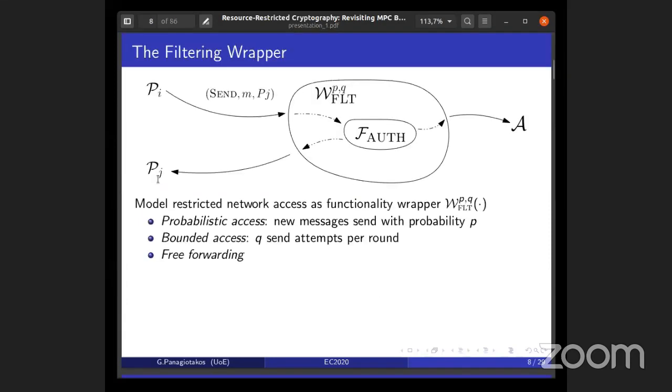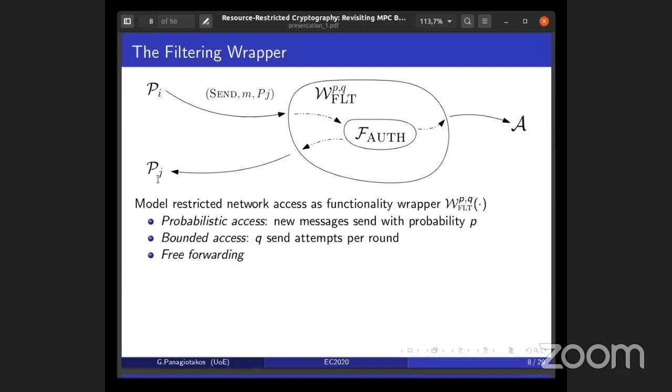Okay, so what we do first is take a more abstract view of resources and model restricted resources as restricted network access. So we introduce a functionality wrapper that wraps network functionalities and has the following properties. First, probabilistic access, that is, new messages are sent with some probability P. Second, bounded access, that is, at most Q messages are sent per round. And third, free forwarding. If I receive a message or if I send a message once, I can forward it